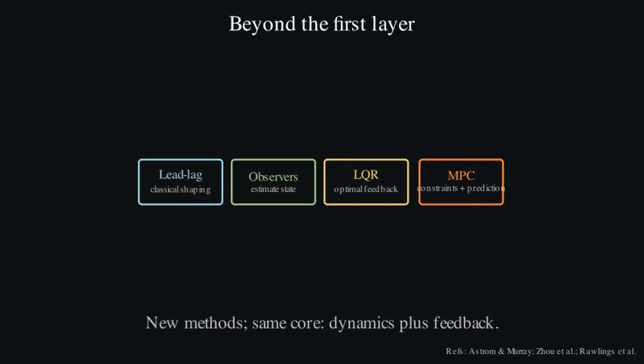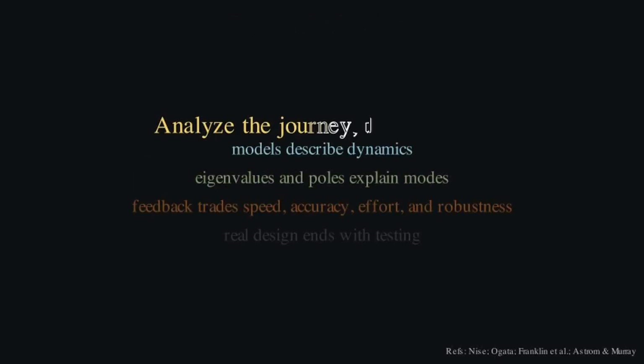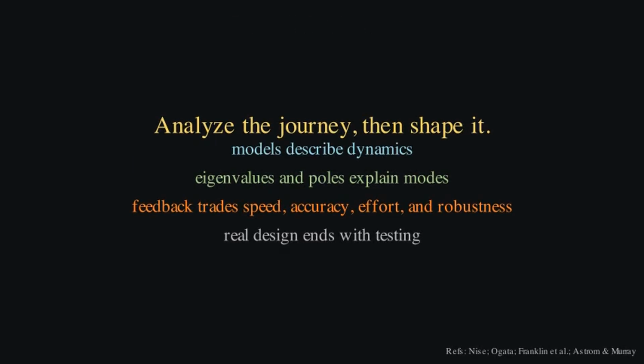The practical workflow is iterative. Define the goal, choose inputs and outputs, build a physics or data model, linearize if needed, analyze modes and responses, design the controller, simulate disturbances and limits, test carefully, and update the model when reality disagrees. The loop matters as much as the equations. Beyond this first layer are lead-lag compensators, state feedback, observers, Kalman filters, LQR, H-infinity control, model predictive control,